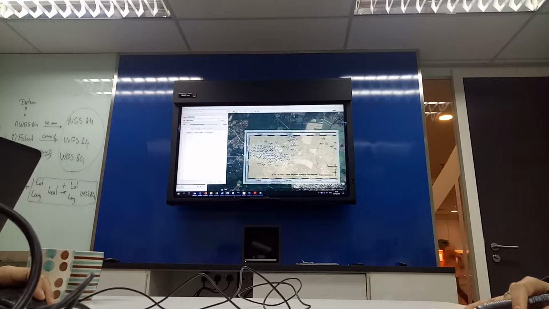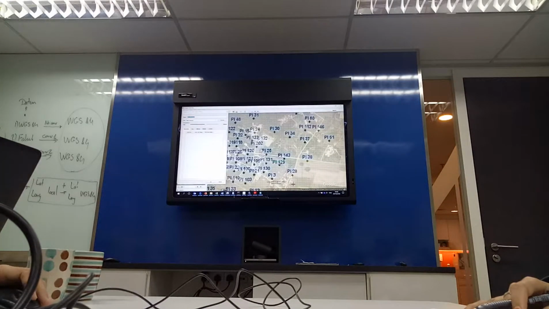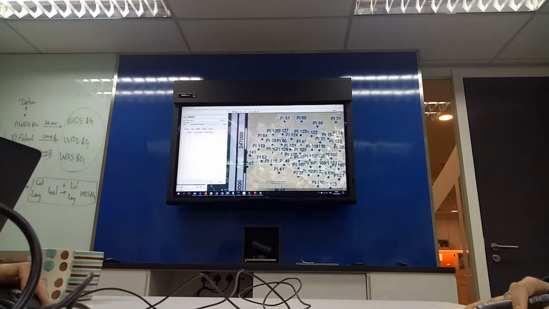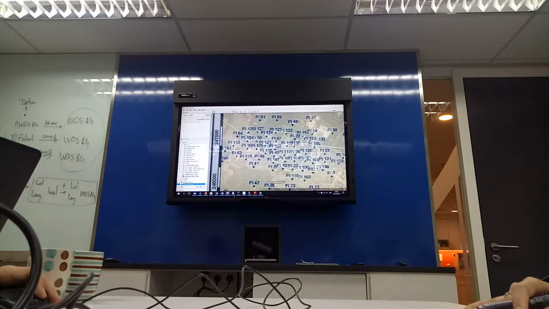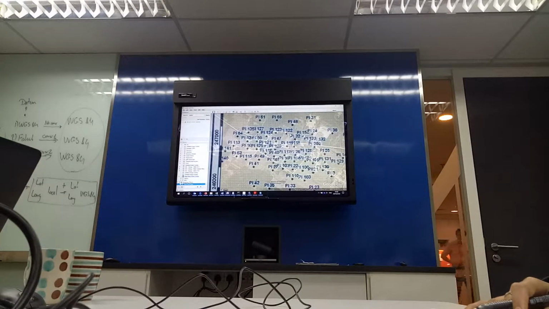Here we go. So for this one, is it correct? I'm not sure. It wasn't correct. So this one could be used because we have very good information, satellite imagery information. That's the quickest way to do it. Of course,